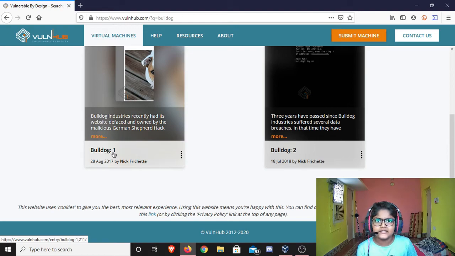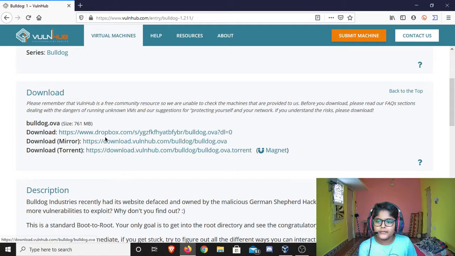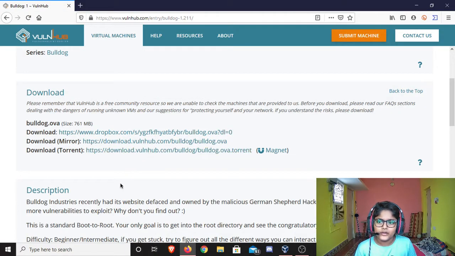This is the one we are going to be solving, and in the next video we are going to be solving this other one. This is a bit tough. Let's open this, and you can download via torrent, mirror, or direct download via Dropbox. I hope this link works. I think there is a Dropbox error, the file has been removed, I think so, and the mirror was fast for me.